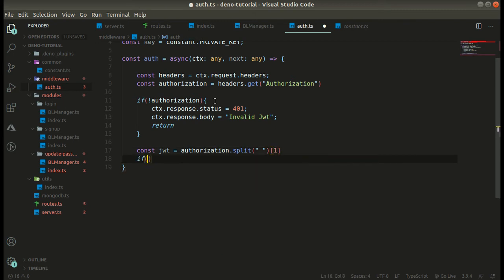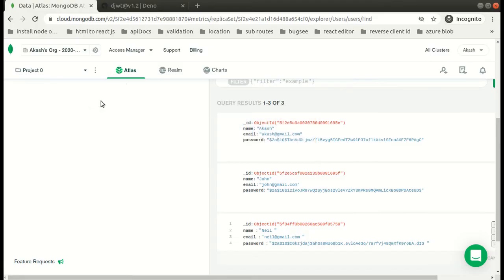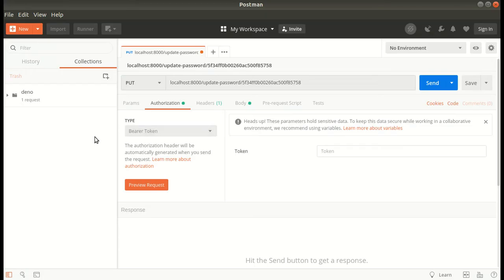And if we do not receive it, say if it's null, then we again do the same thing that we did over here, invalid JWT. Or else, if we receive the JWT token, then we make use of this function. Let's quickly do this.